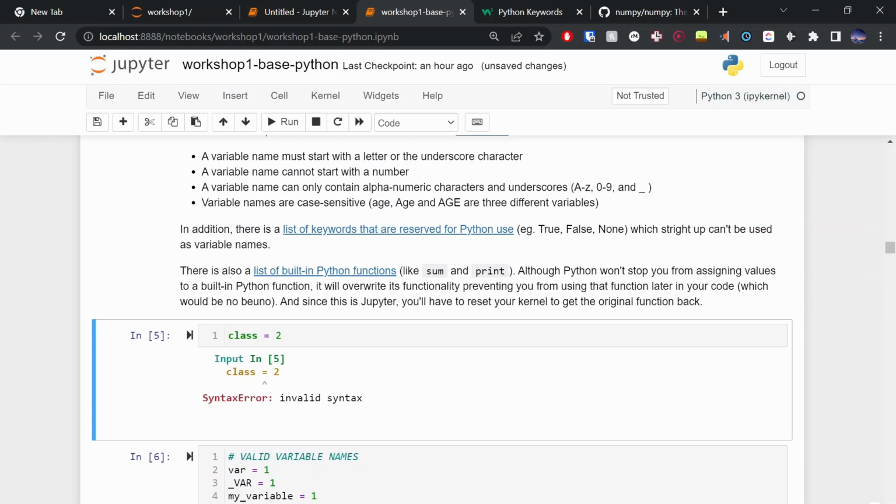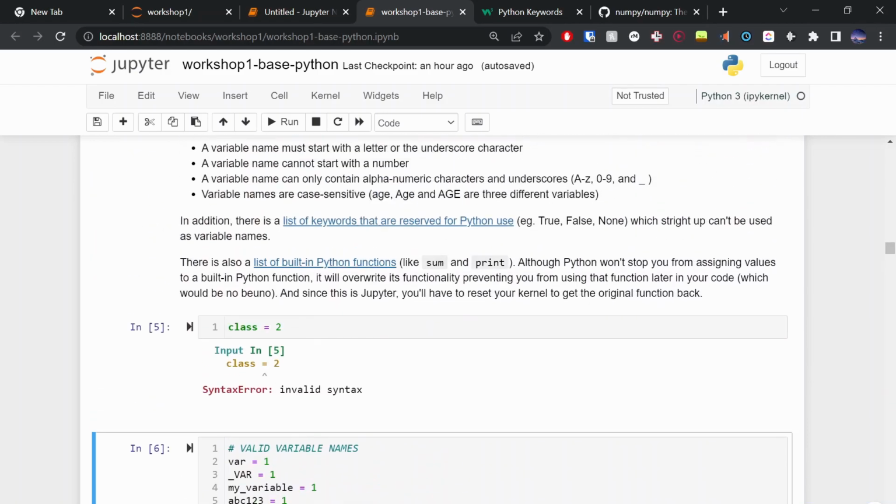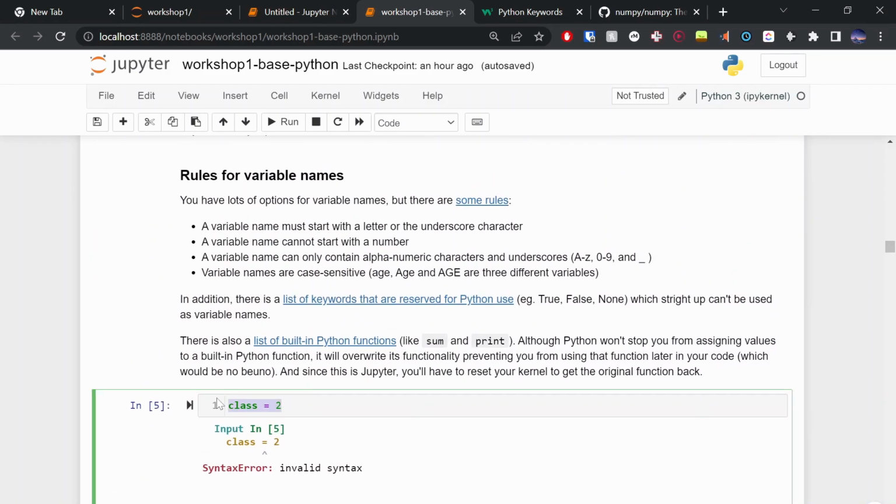So we need to use valid characters in our names, and we need to avoid reserved keywords. And then there's a third rule, which is slightly more nuanced, which is built-in functions. In Python, there are some functions which are just built-in. They come with stock standard Python. We shouldn't be assigning variables into those function names. One example is print. What if we did print equals 2? Remember, print was our print function. We just use that to print out hello world.